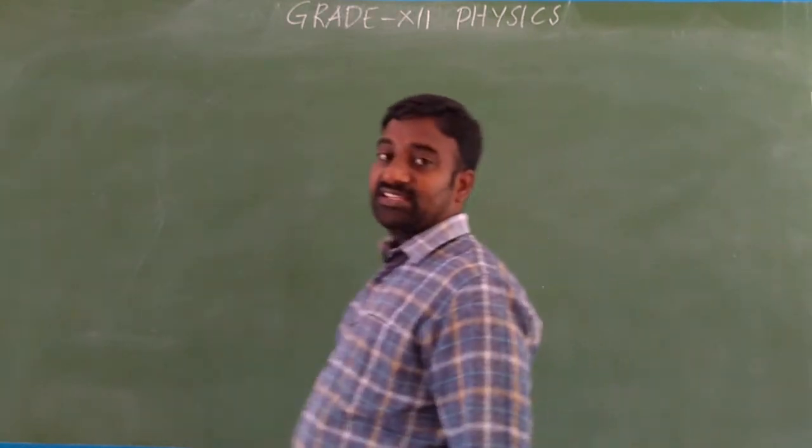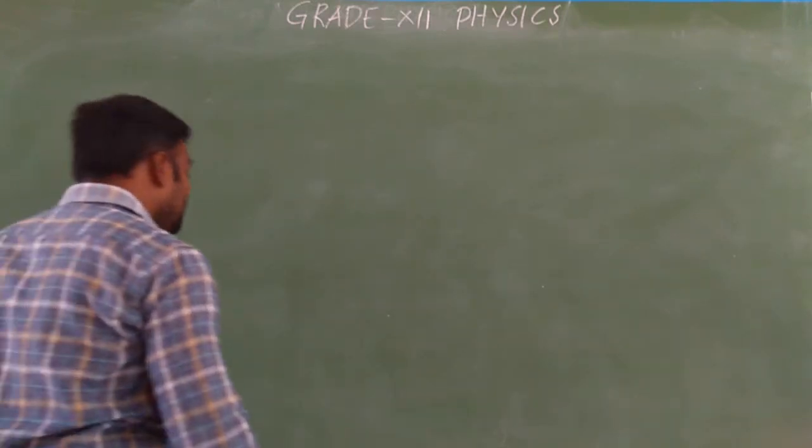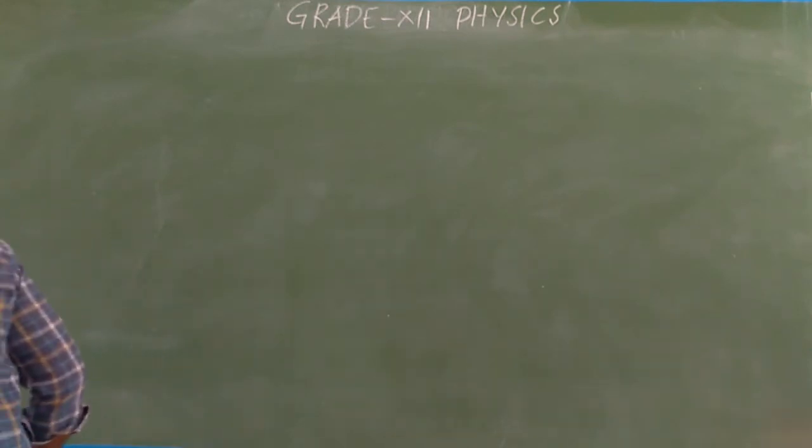Coming back to physics class, the next important topic from the lesson is refraction through a glass prism. Till now we have studied refraction in a spherical lens. But how does refraction occur in the prism? A prism is also an optically denser medium, so refraction takes place in the prism.